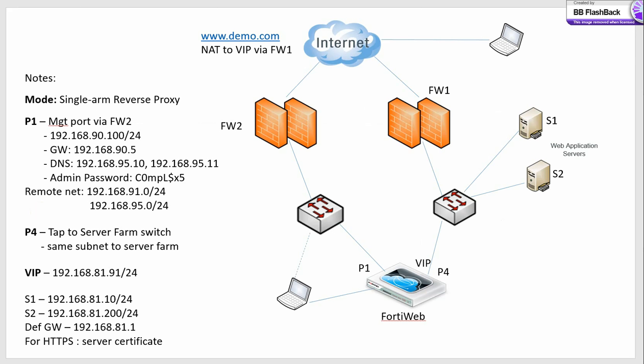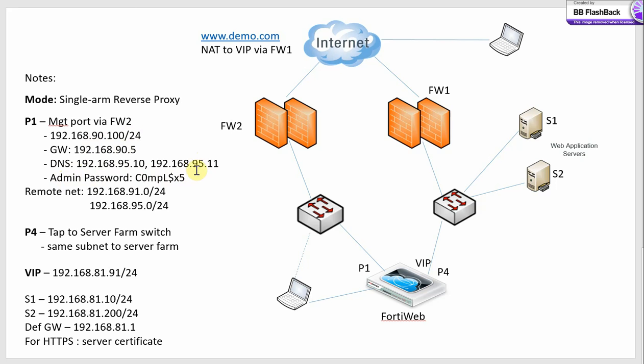Basically, our deployment mode needs to be single arm proxy, wherein we just need 2 ports to connect on the customer switch or network. First, port 1, which should be our management port in this case, and it will go to firewall 2. The customer needs to give us the IP address, the gateway, the DNS servers, and bear in mind also that we need to change the admin password to a complex one,